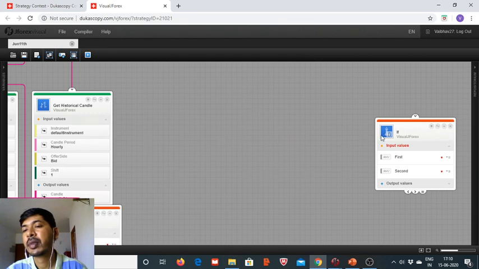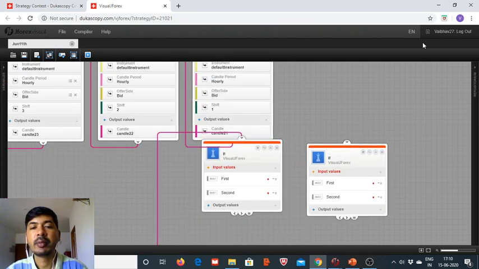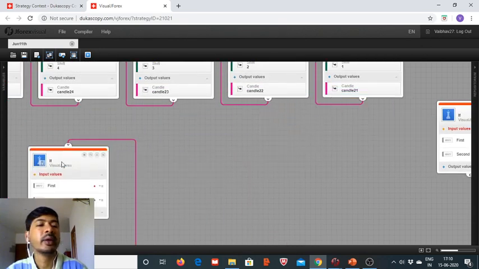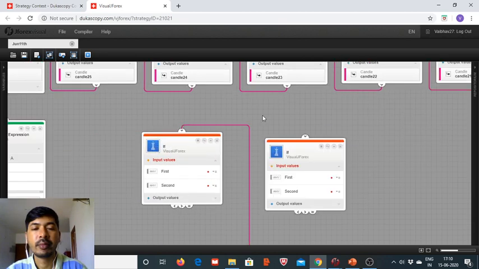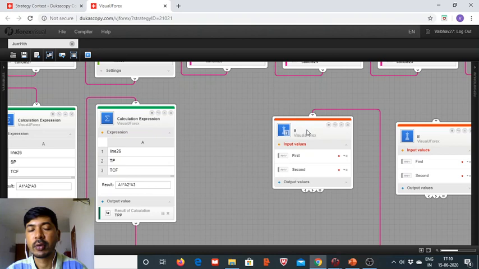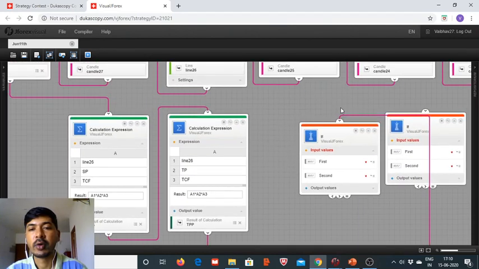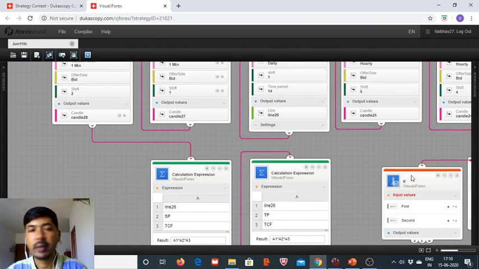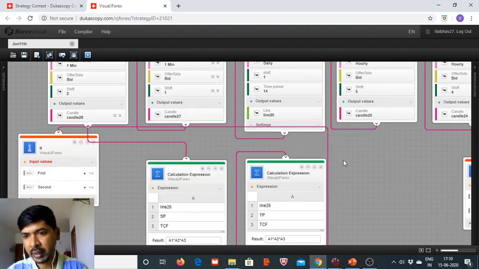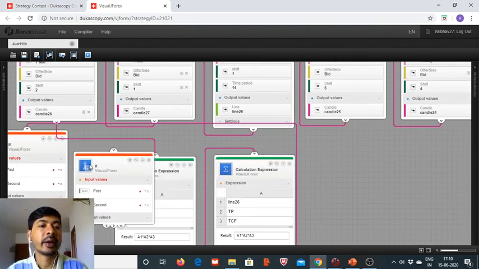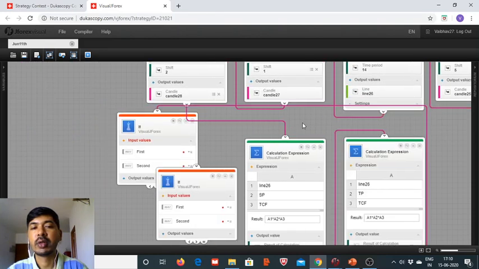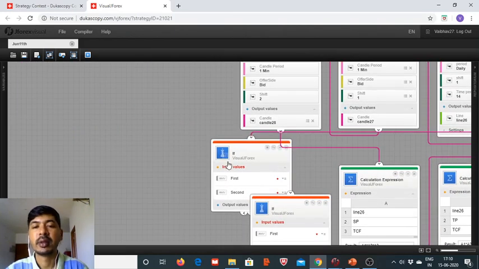The comparison between the historical candles on 1 minute time frame and comparing the closing levels to that of last hour's closing level. So we take candle 27 and candle 28 closing levels here. These are